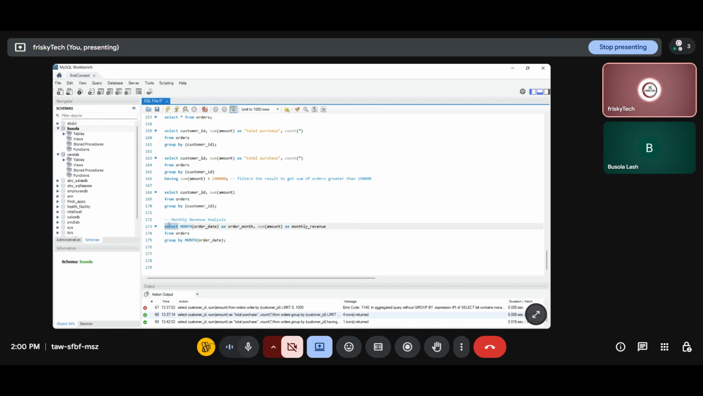Just like a select, these keywords could be in upper cases as well as a group by. So when you see them in upper cases,